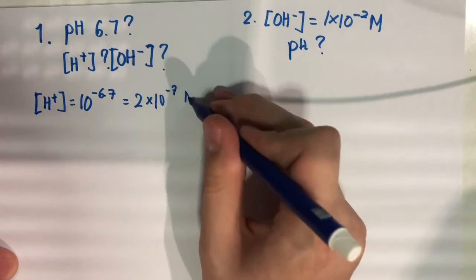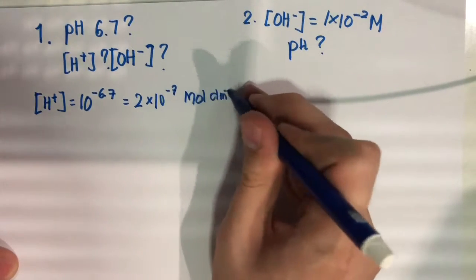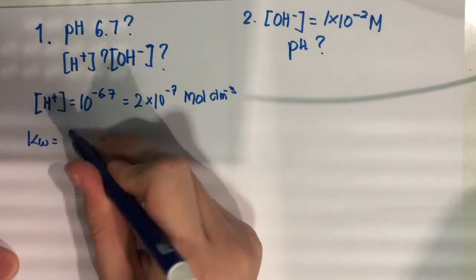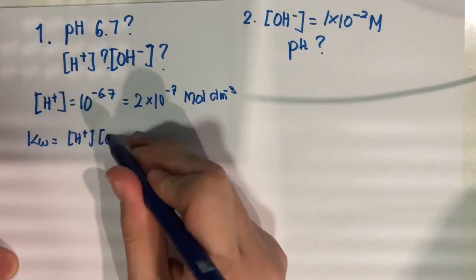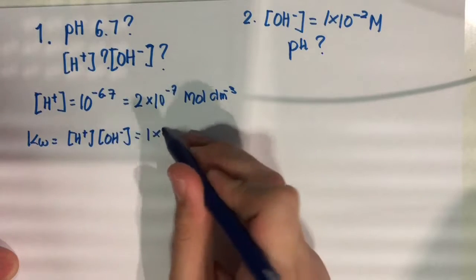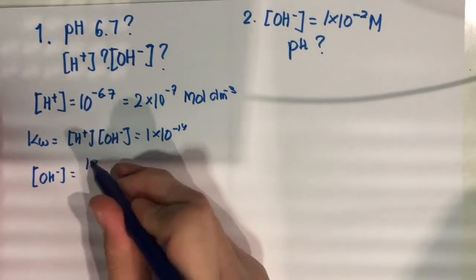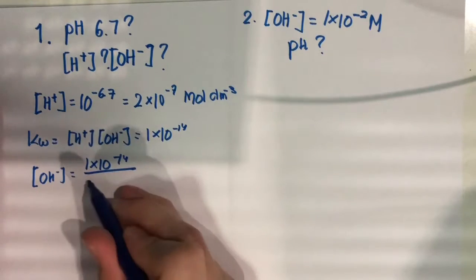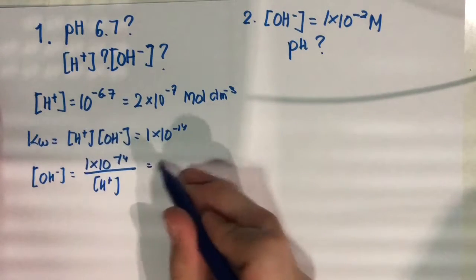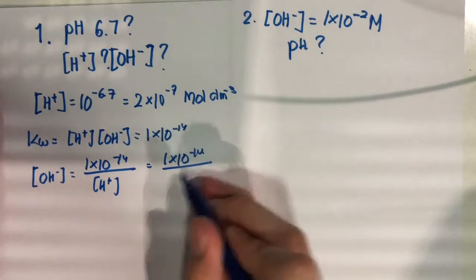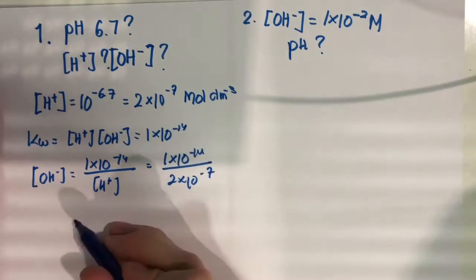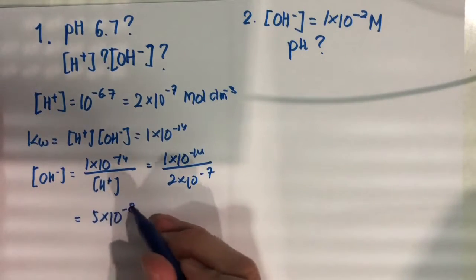In the first problem, we can find the hydrogen concentration by using the pH formula through the logarithmic scale, which yields the answer 2 times 10 to the power of minus 7. And then we consider the auto-ionization of water constant, which is 1 times 10 to the power of minus 14,